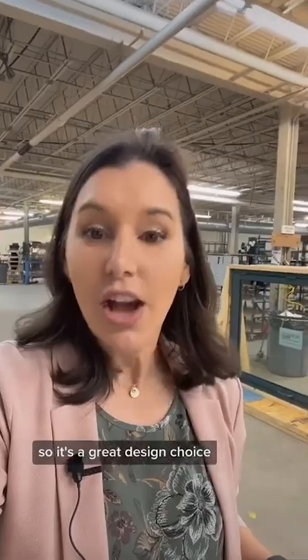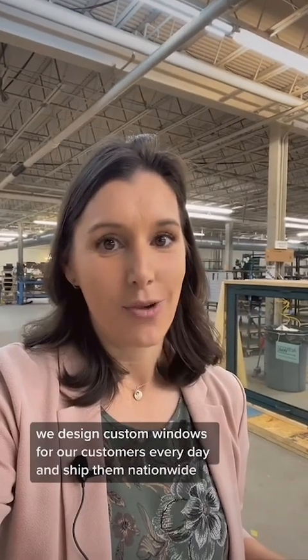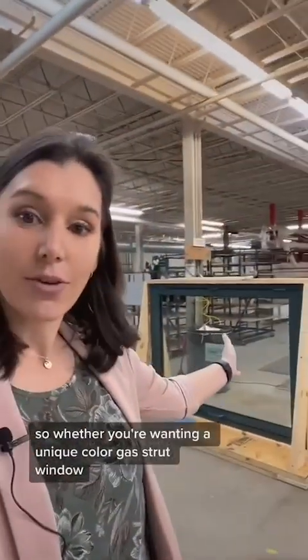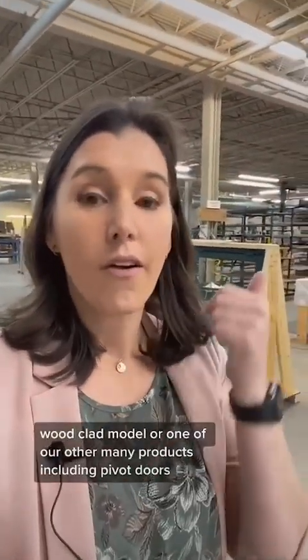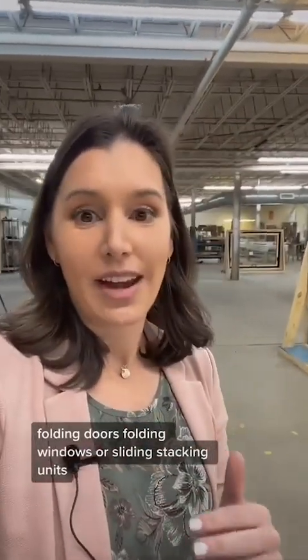We design custom windows for our customers every day and ship them nationwide. So whether you're wanting a unique color gas strut window, a wood clad model, or one of our other many products, including pivot doors, folding windows, or sliding stacking units,